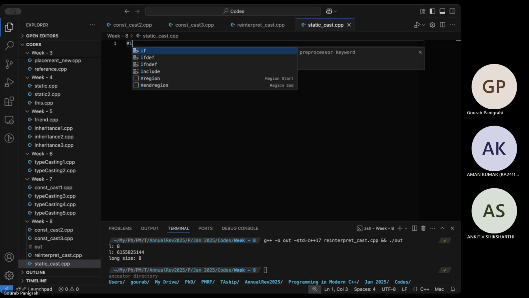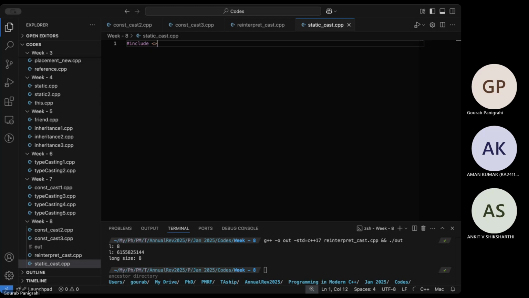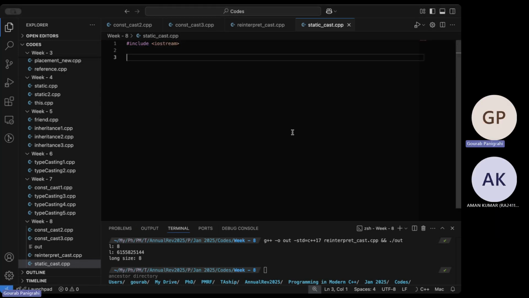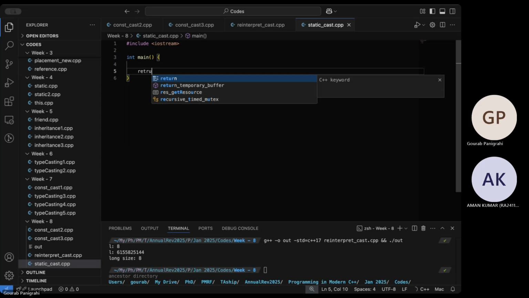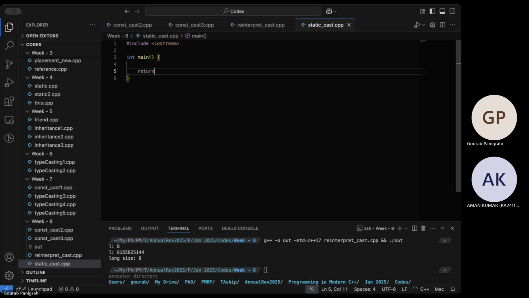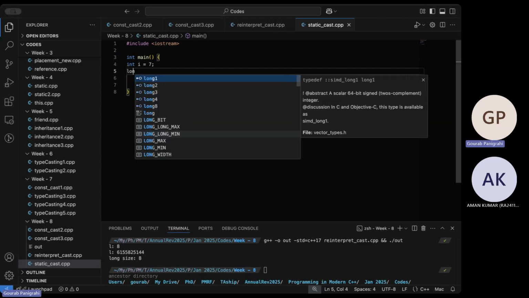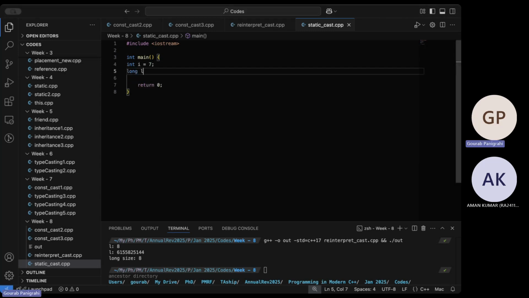Include the header file as usual. Define the main function. Define the integer I, so let's say that is 7. Define a long L, which is, let's say, 12,